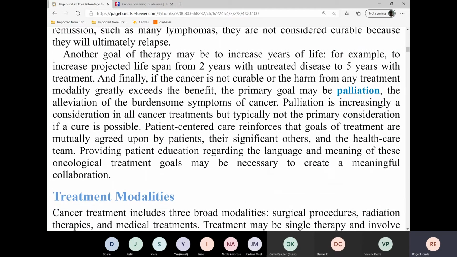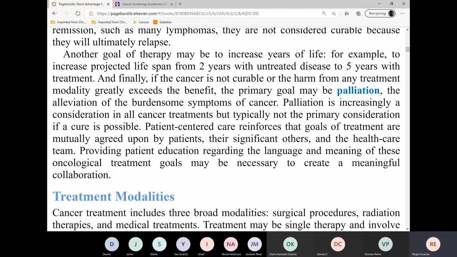In addition to debulking, for instance, there will be palliation as well. Palliation means palliative, which is symptomatic treatment. Now, don't confuse palliative treatment with end of life. Yes, palliative treatment is used in every end of life scenario. However, even if we're treating the patient's cancer, meaning the patient has a high likelihood of cure and survival,